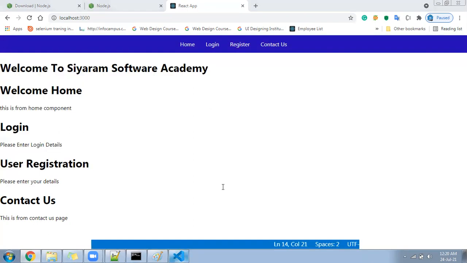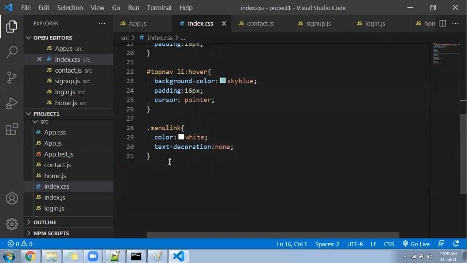So I will write a class here called container.